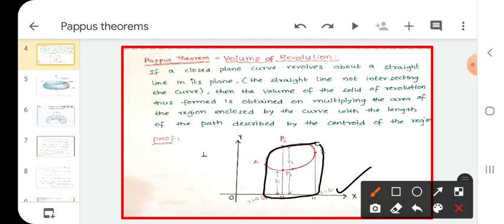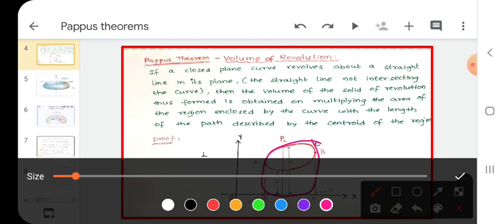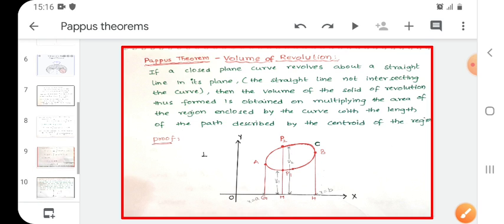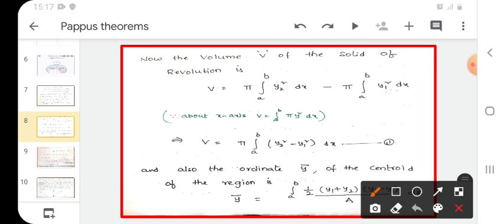And if we write y1, we get only the area below the curve. That means, see here, we get this area only. If we write y2, we get the total area from the curve to the axis. If we write y1, we get only the area below the curve, but we want only the curve area. So, total area minus below-the-curve area gives the curve area. So I write integral a to b pi y2 square dx minus integral a to b pi y1 square dx. This is the volume of the closed curve.